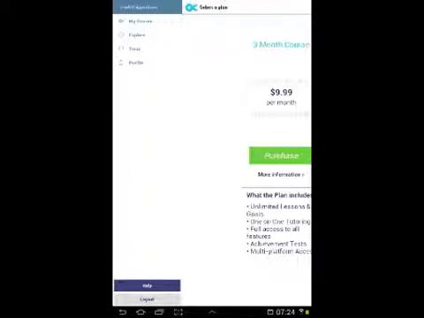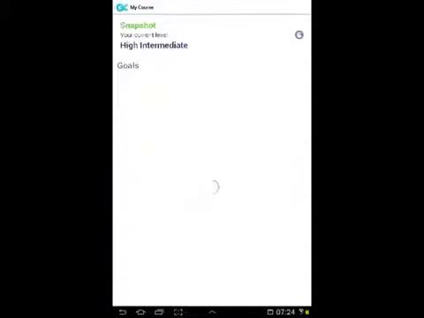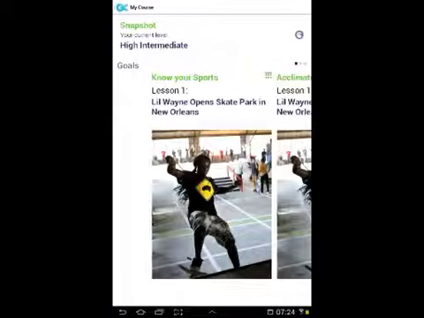There's nothing special about this app, but for students who don't have access to lots of practice outside of the classroom, it's okay. But I still think there's a lot of room for improvement when it comes to ESL apps.